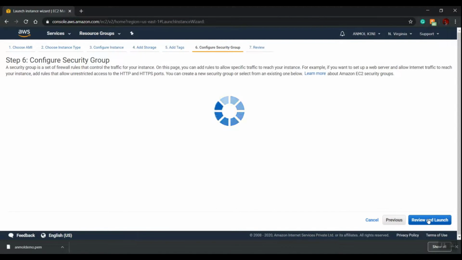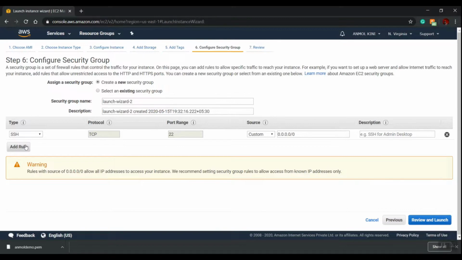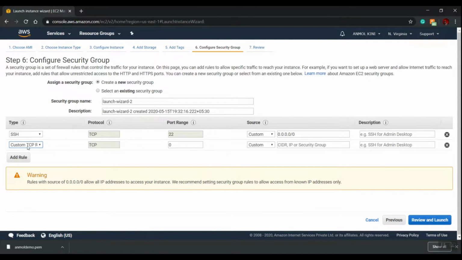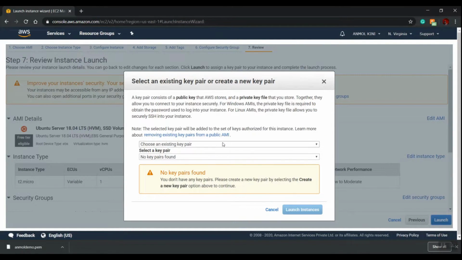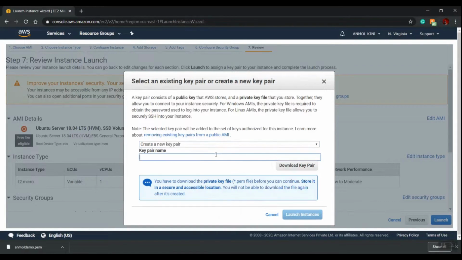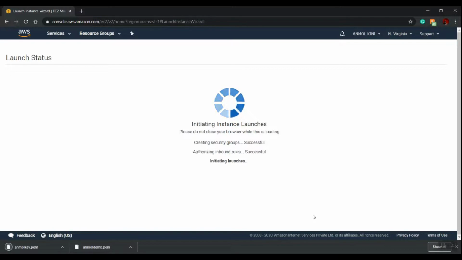And now going to security groups, let us add an extra rule which is going to allow all traffic. This is only okay to be used in a test environment. It cannot be used in any working environment. So click on review and now launch instance. Now it's going to ask us to create a key pair. Click on new key pair and I'm naming my key pair Anmol key and download the key. Now click on launch instance.